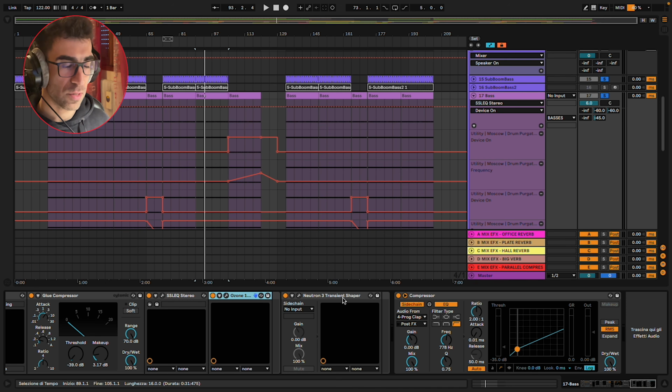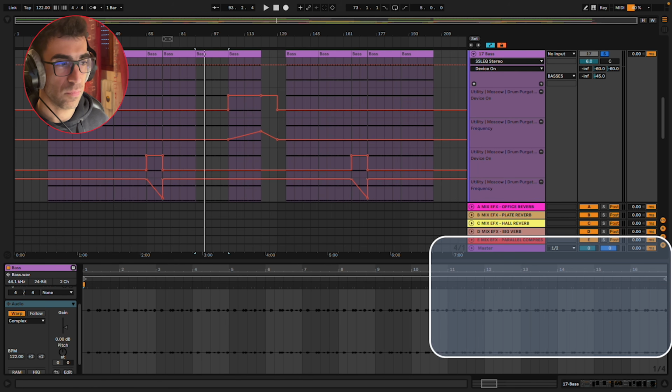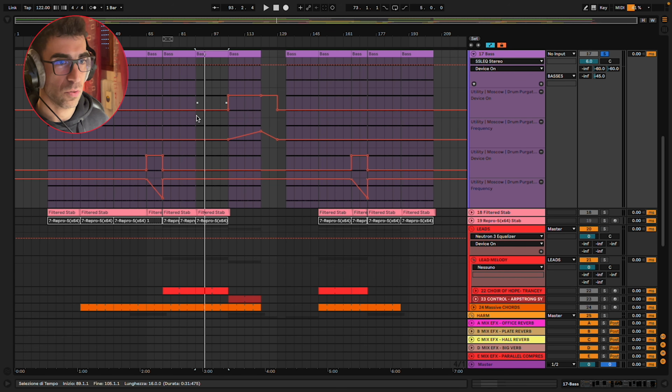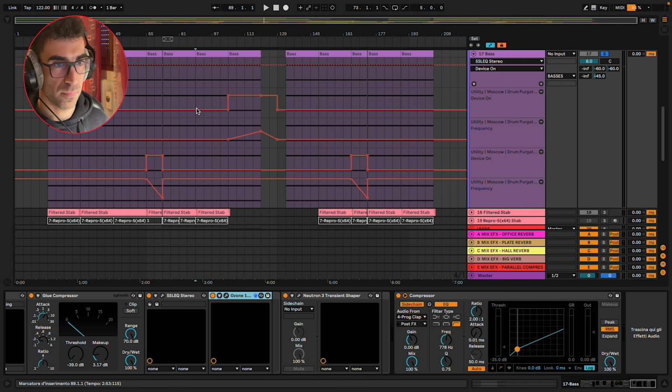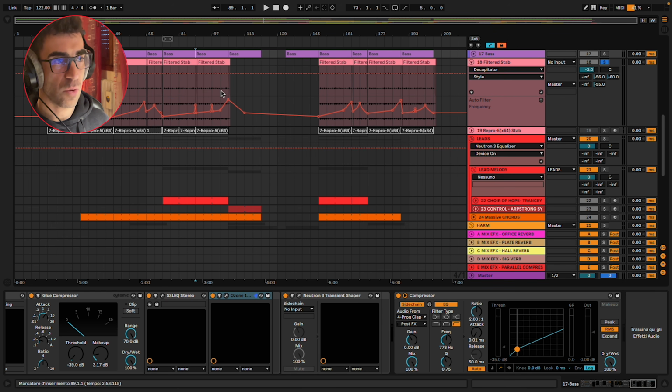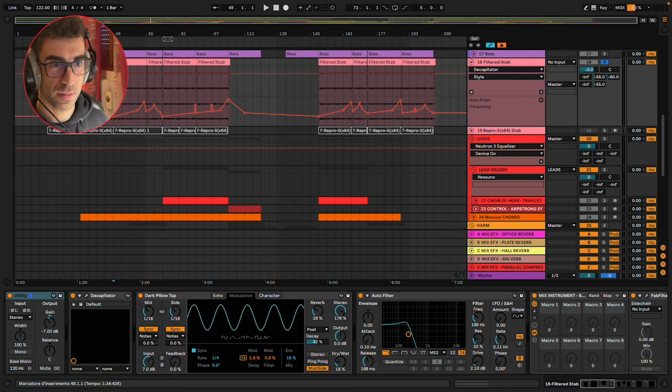I used transient shaper mainly because I was working with audio and it was a bit difficult to reshape the envelopes from here, from the clip view in Ableton. So I chose to use transient shaper, and then a simple sidechain compression from the clap. Then we have this very cool drony spacey stub.